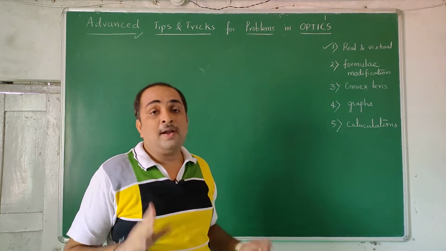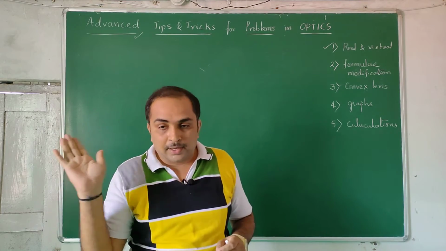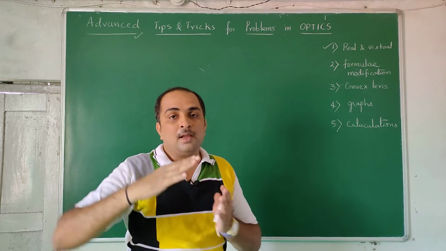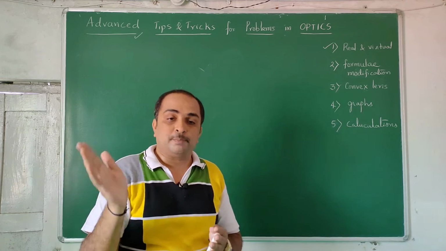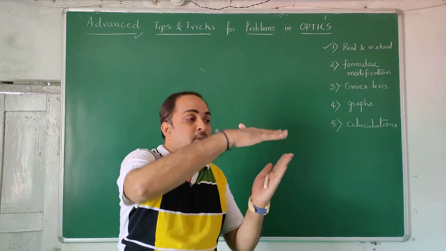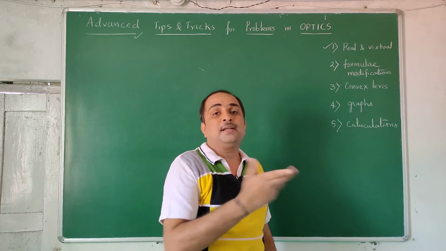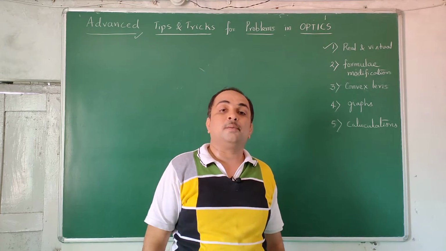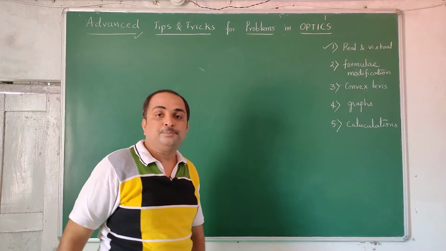Forget about real and virtual, and concentrate on incident rays and emergent rays. Incident rays can be parallel, diverging, or converging. What happens after meeting the element? They become emergent rays, which can be parallel, converging or diverging. If they really meet at a point, that's a real image. If you extend them backward and make them meet, that is a virtual image. So the first topic, real and virtual images, is over.